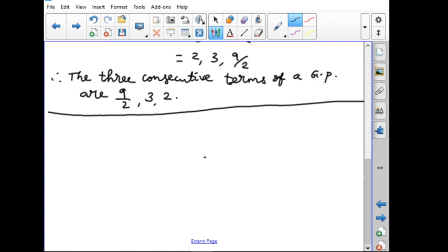Next, the 10th one. A man joined a company as assistant manager. The company gave him a starting salary of rupees 60,000 and agreed to increase the salary 5% annually. What will be his salary after 5 years? The starting salary is 60,000, and the annual increment is 5% of his salary. This problem we can solve using two methods. One is without the formula method. Another one is the formula method. So the 10th one,